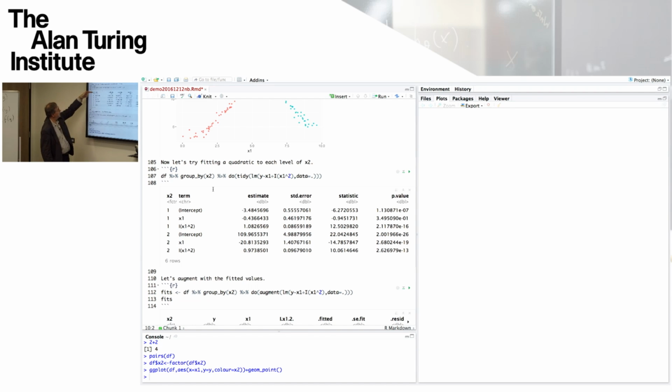So under x2 being 1, the first group, there are 3 terms that were fitted, the intercept, the beta 1 and the beta 2, and these were the tidy columns, which was estimate, standard error, p-value and t-statistic and so forth. Okay, and similarly for group 2. So in that one call, we've fitted both models, we've tidied it all up, and we've got a data frame that's got all the information we can possibly want to use there. Okay, and then let's build on.